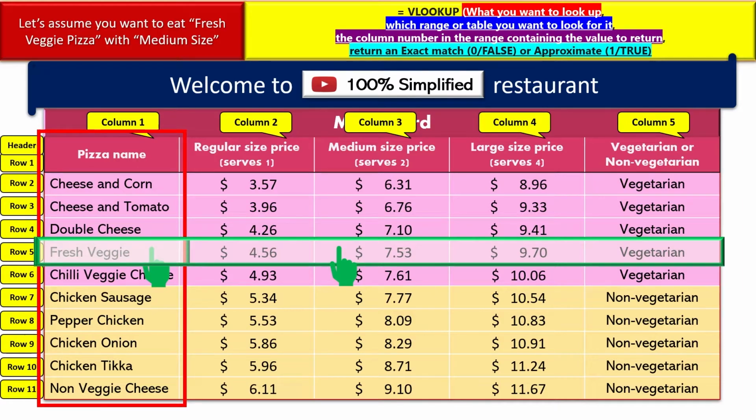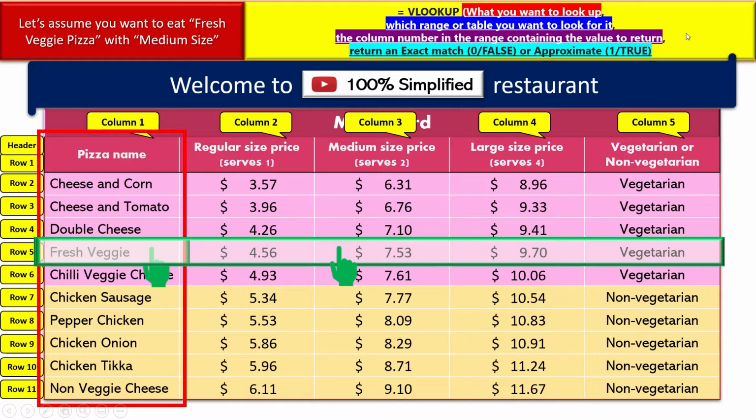Third part is the column number in the range containing the value to return. Now menu card is the range, right? The column number, tell me the column number of medium size. It's very easy and it's in front of you. That is column 3. So column 1 is pizza name, column 2 is regular size price, column 3 is medium size price. So column number in the range containing the value.